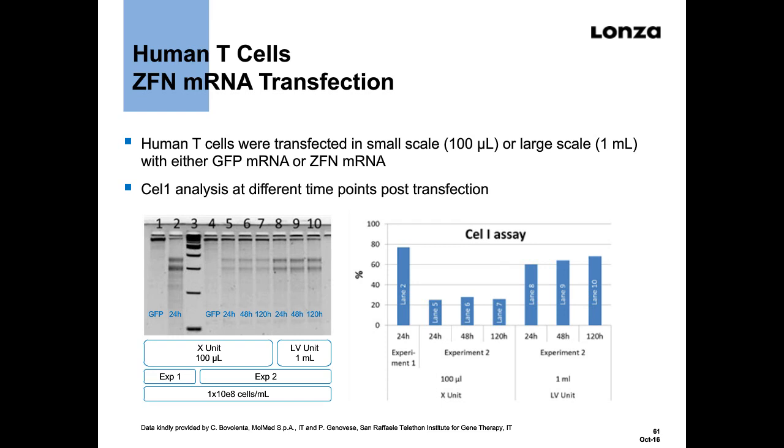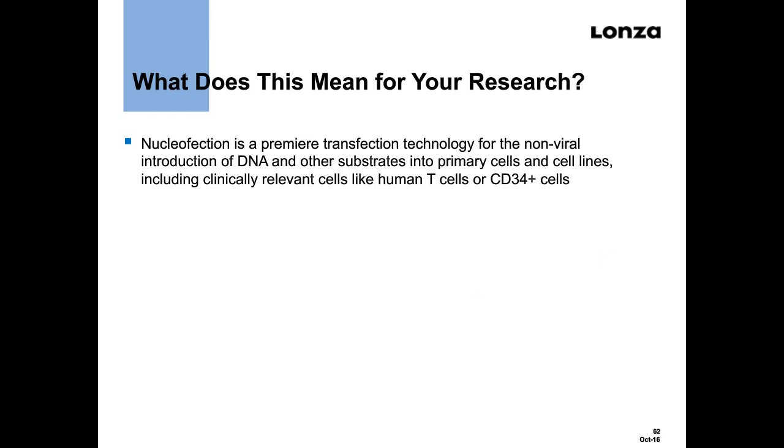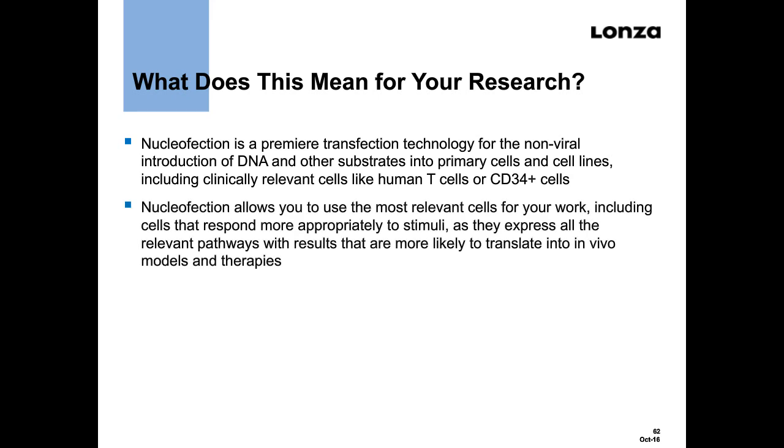So what does this mean for your research? Basically, nucleofection is a premier transfection technology for the non-viral transfection of DNA and other substrates into primary cells and physiologically relevant cell lines. This includes clinically relevant cell types like human T cells or CD34 cells, which are involved in the most innovative treatments that are being currently done. Nucleofection will allow you to use the most relevant cells in your work, especially primary cells. These express the right receptors and pathways. They respond appropriately to stimuli, and the results from using primary cells are far more likely to translate into in